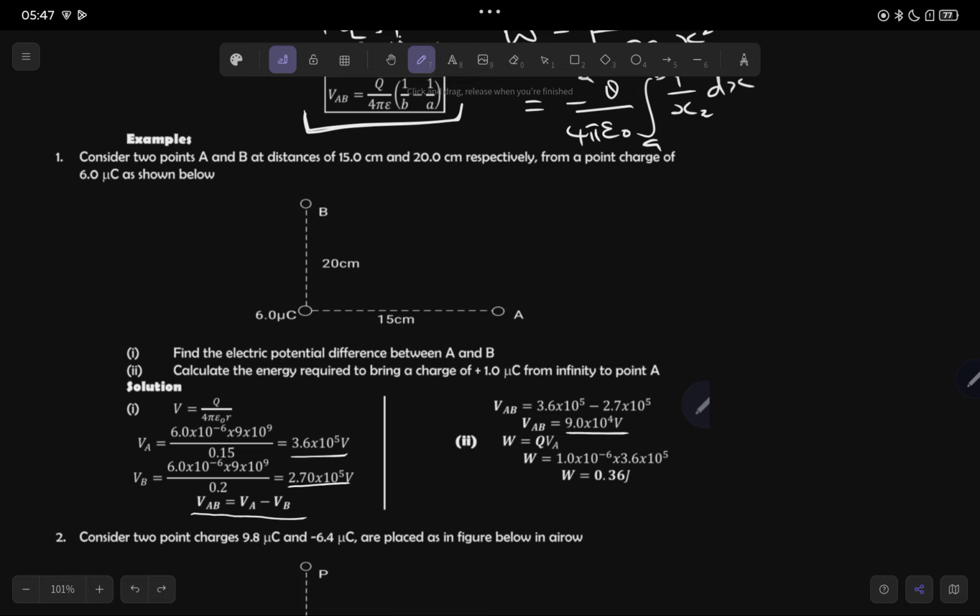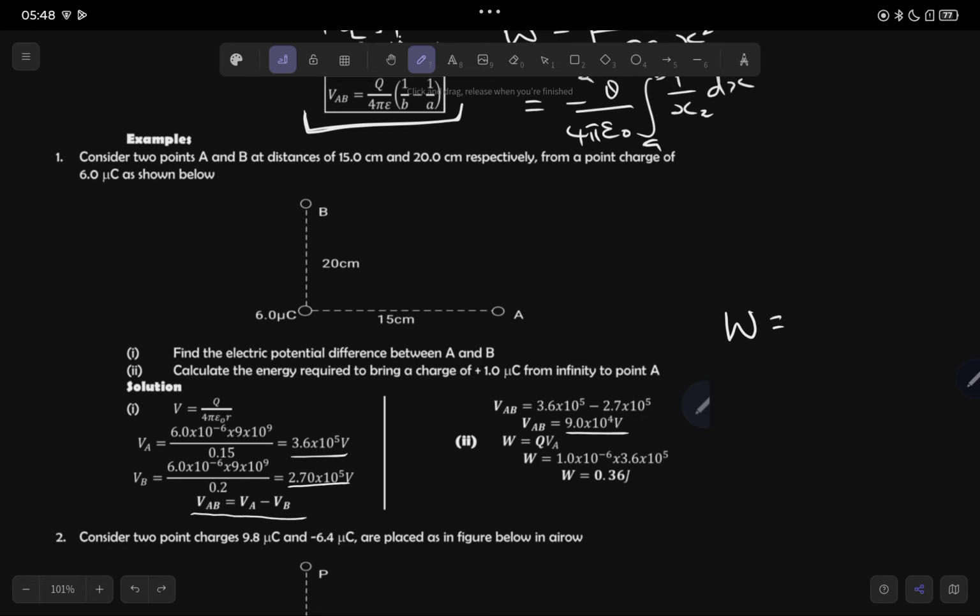Now, part B, find the energy required to bring a charge of positive 1 microcoulomb from infinity to point A. If you recall the definition of electric potential, we're looking at a positive 1 coulomb charge from infinity to point A. That was the work done. So also here, the energy required to bring a charge of 1 microcoulomb from infinity to any point, we shall just multiply work done. To bring a charge from infinity to a point is actually the potential energy of the